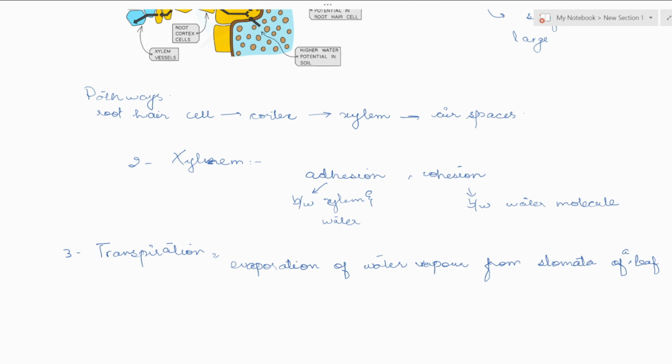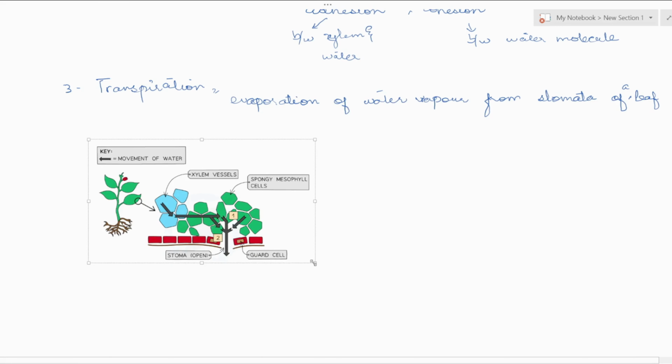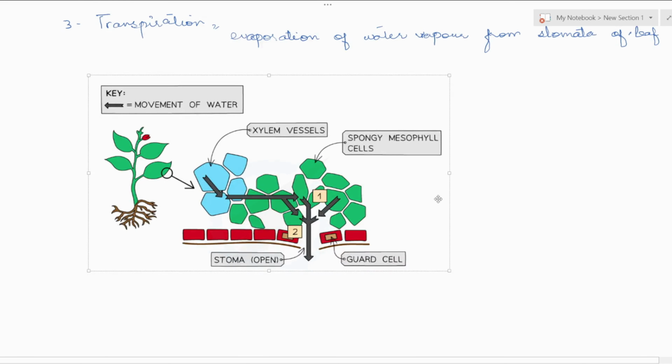I'm giving you one more diagram. This is how the water moves, because you need to learn this diagram, and I'll share notes for this one. Okay, so this is simple. First of all,